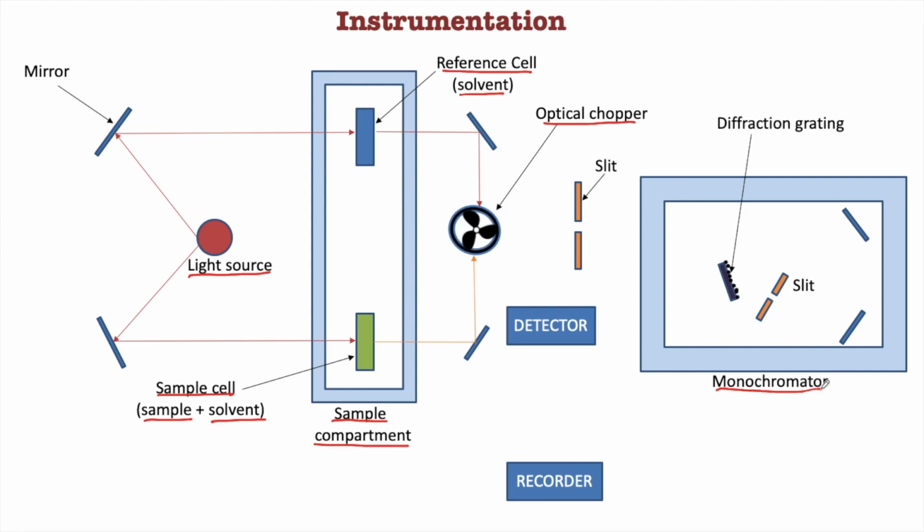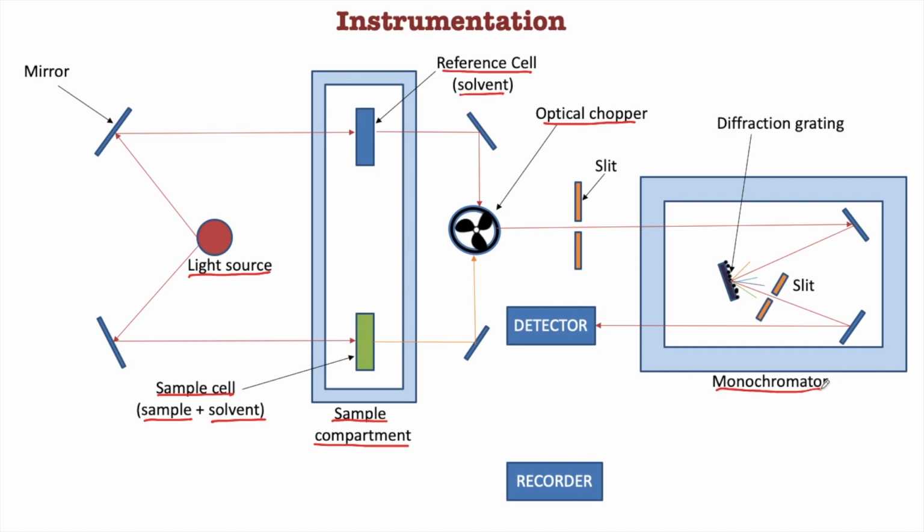And the reference beam will then be allowed to enter into the monochromator through the slits. And this reference beam, with the help of a mirror, is then made to be incident on the diffraction grating, which is used to disperse polychromatic light into its constituent wavelengths at different angles, like you can see. And from those radiations, a light of one particular wavelength is selected. The radiation which falls in the middle IR region will be selected and will be allowed to reach the